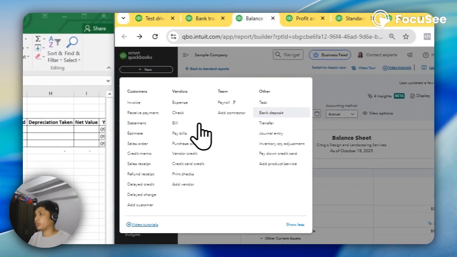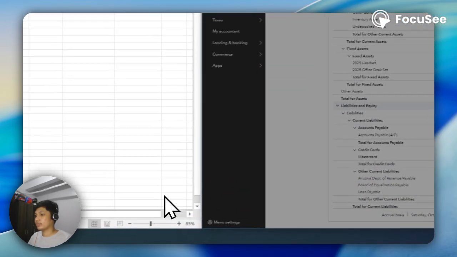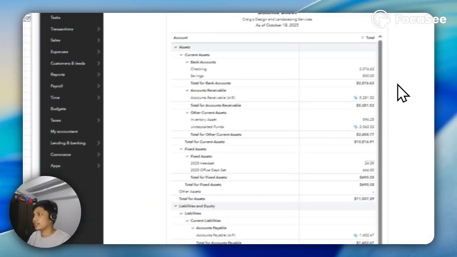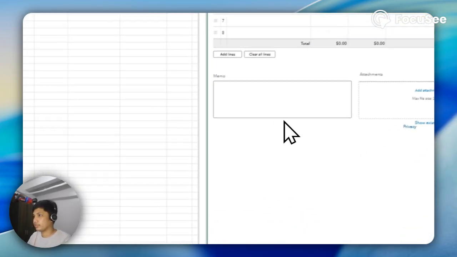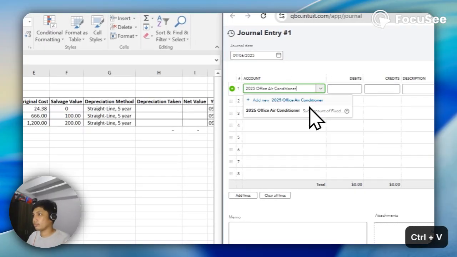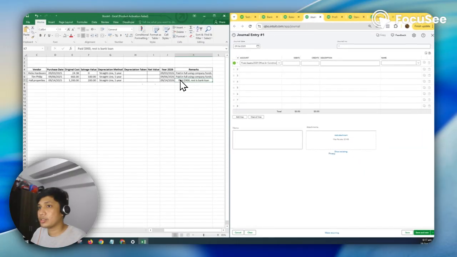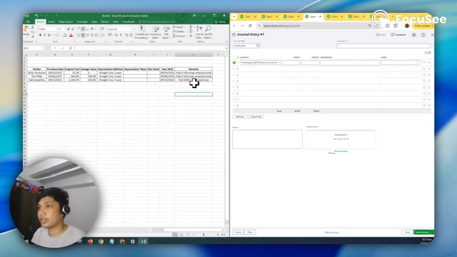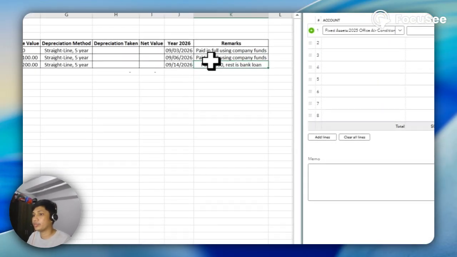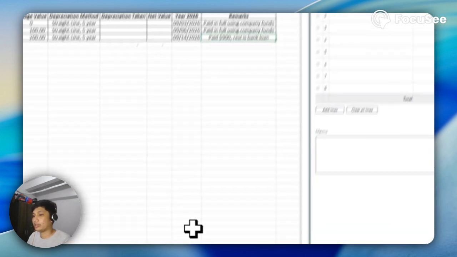I'm going to journal entry. I have an instruction here or remarks. This asset was paid $900 using the checking account, and the rest using a bank loan.